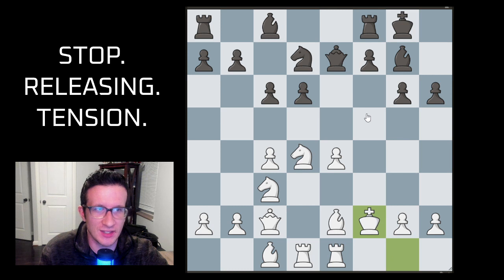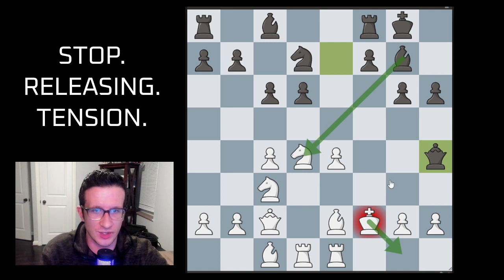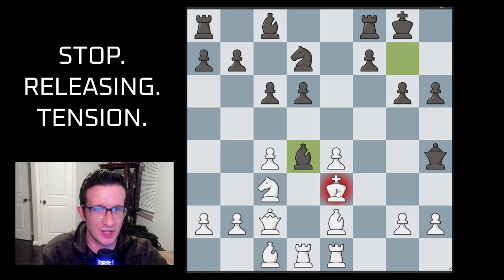Point being is that after king takes f2, queen to h4 check, if, like, king g1, for instance, there's bishop takes d4 check, rook takes d4, queen takes e1. So white could try king e3, for instance, protecting the bishop. But after bishop takes d4, again, taking with the rook allows queen to h1, so white has to take with